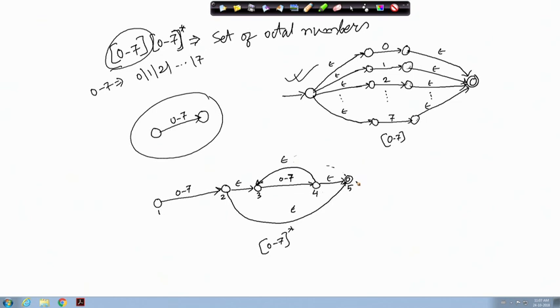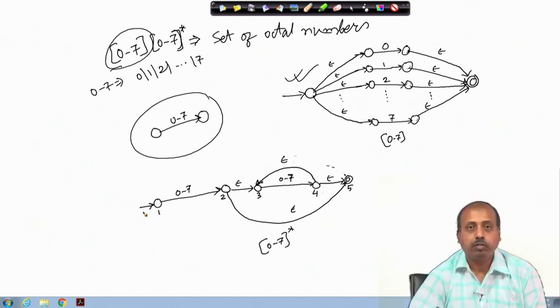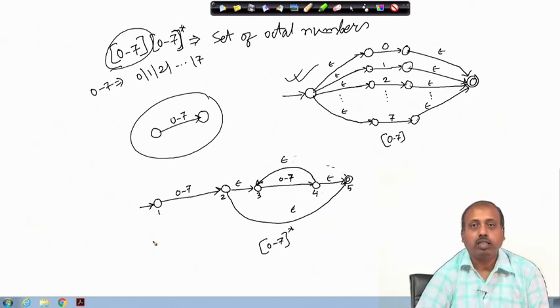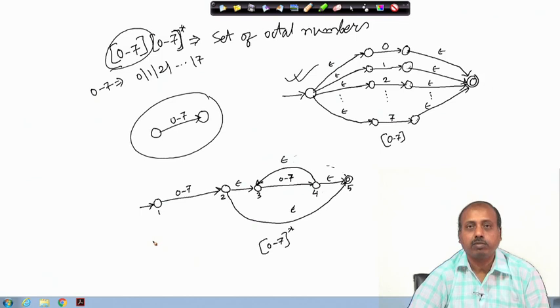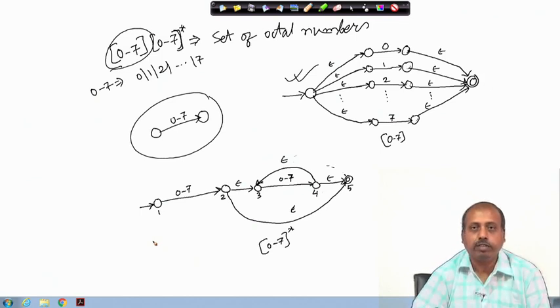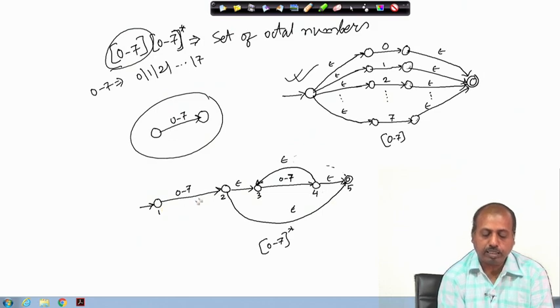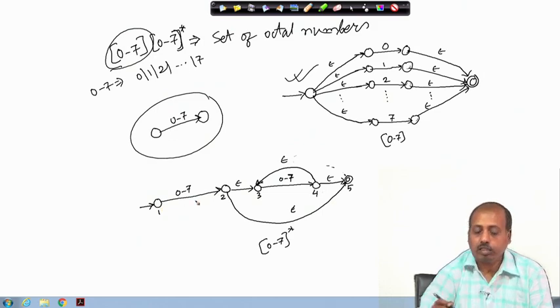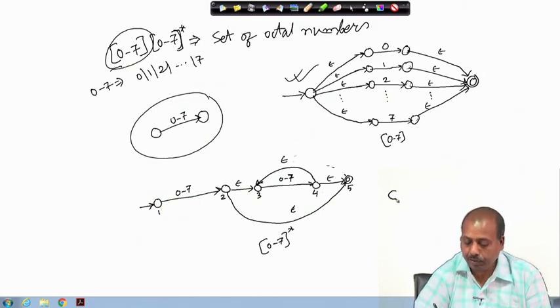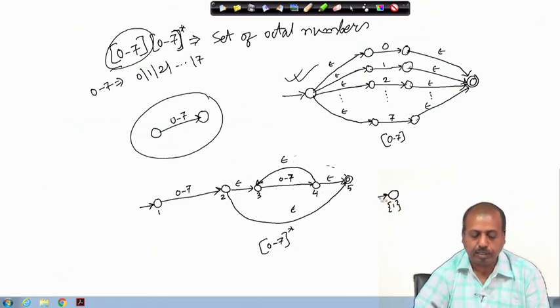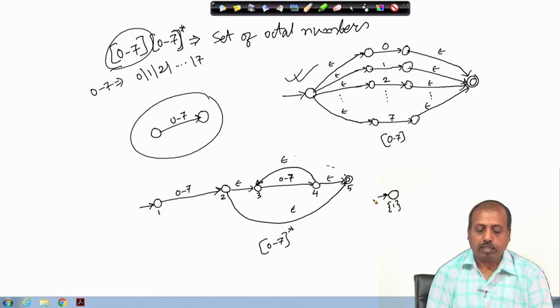Okay. Now, for the original NFA, this is the start state. So, when we are trying to construct the DFA, we have to start with state number 1 and take epsilon transitions from state number 1 to get the initial state of the DFA. Since there is no epsilon transition from state number 1, in the DFA the initial state consists of a single state of the NFA, which is 1.